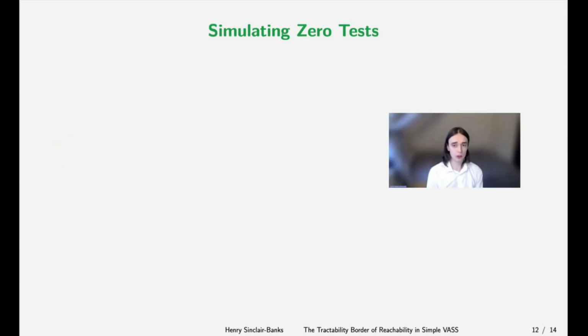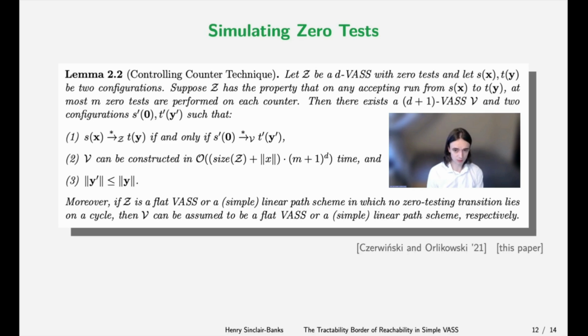So for this, we use a technique that was originally developed by Wojciech and Łukasz in 2021 that's known as the controlling counter technique. I've kind of taken a screenshot. The lemma statement's rather complicated from our paper. We've modified the original ideas so that the structural restrictions of flat and simple linear path schemes can be maintained. But roughly speaking, this is a black box lemma that allows us to feed in a d-dimensional vector addition system with states that also has zero tests, and it will spit out a d+1 dimensional vector addition system without zero